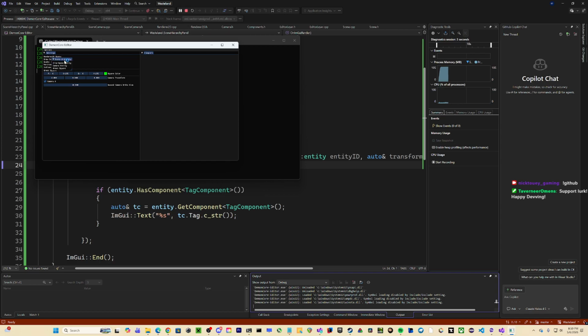Yes! Finally! Oh. So the green square is not getting rendered still. No, that's fine. I can live with that.